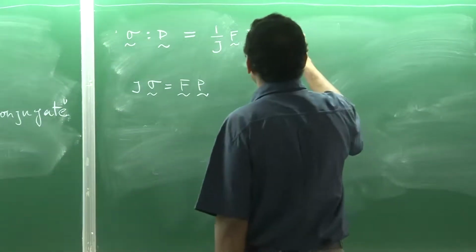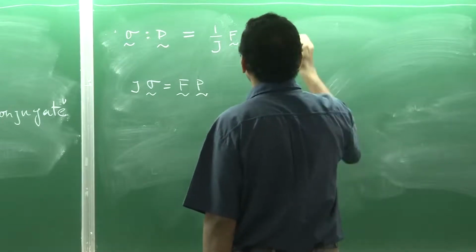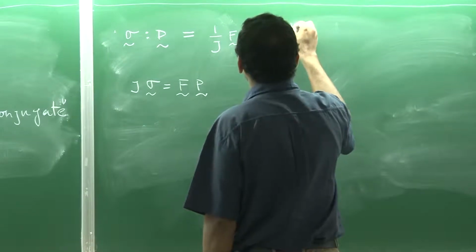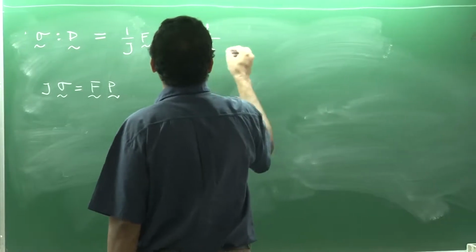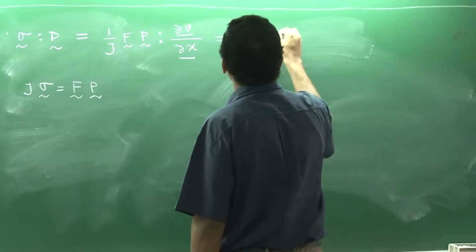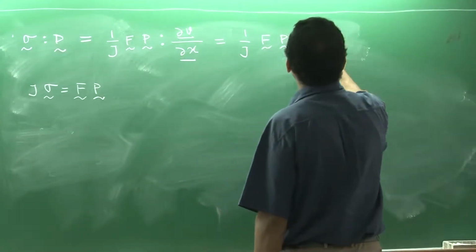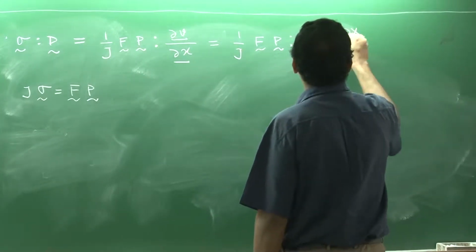D is nothing but del V by del X, right? So, I will write something, and why I am doing that, I will explain. Wait, del V of capital X, and then by,